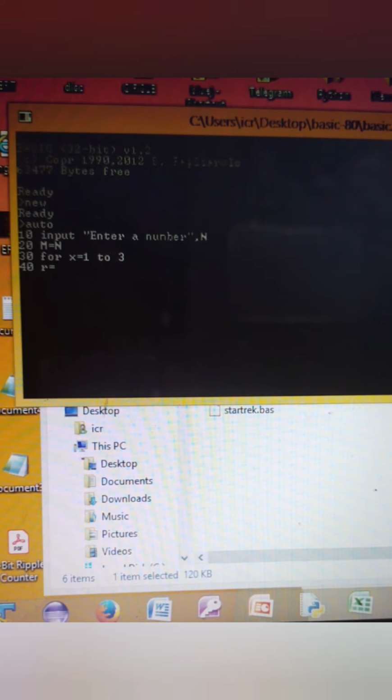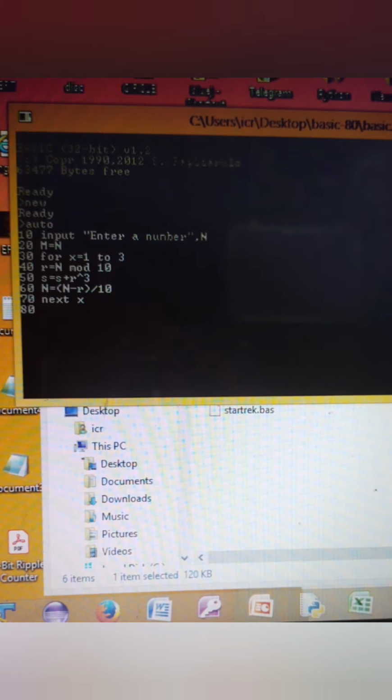Then r is equal to n mod 10. Sum is equal to sum plus r to the power 3, and n is equal to n minus r divided by 10. Next x.